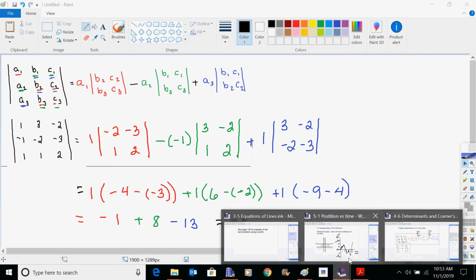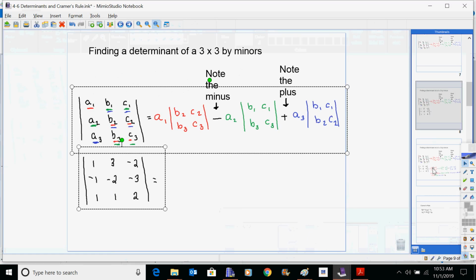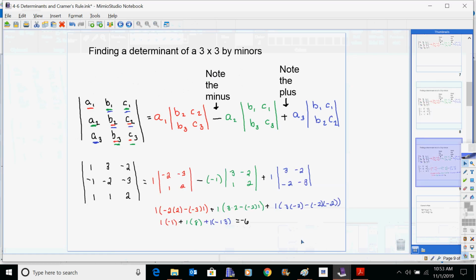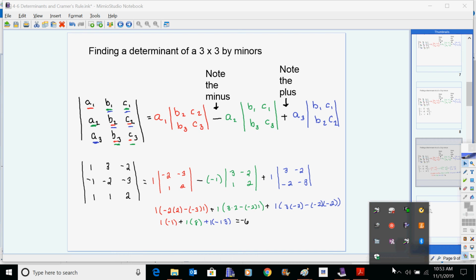And let's just double check and make sure that, yep, negative 6. So the one that I did more slowly here, but we had the opportunity to do that. That'll be a great place for us to end for the day. So we've got a good start on that for the determinants, and then we'll talk about Cramer's rule on